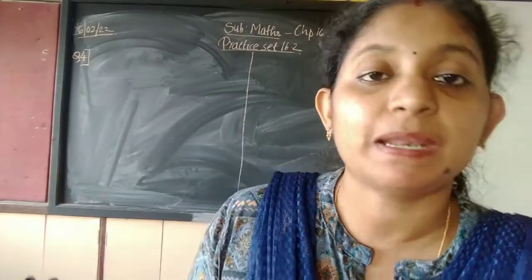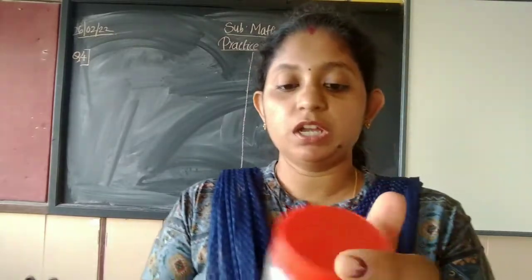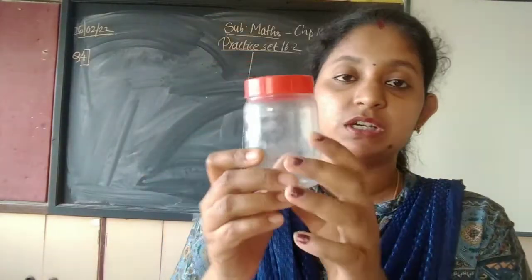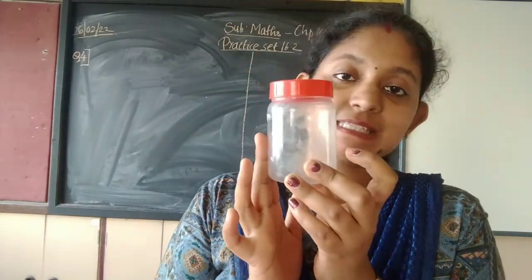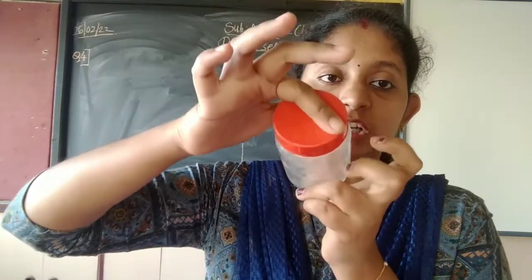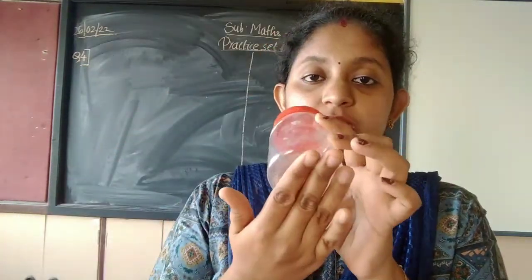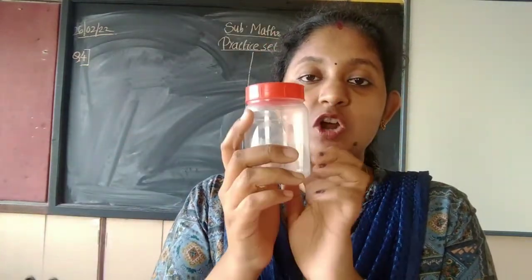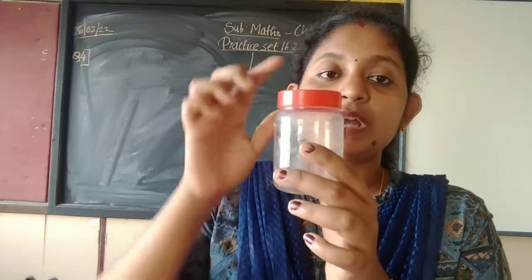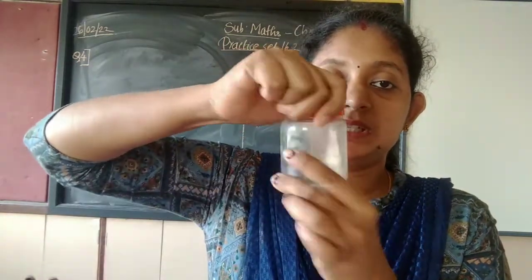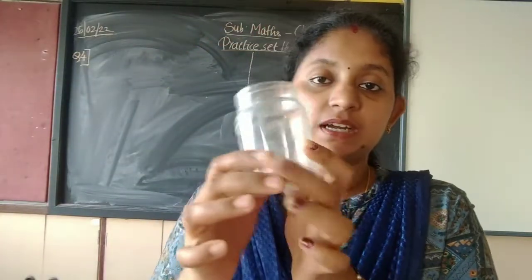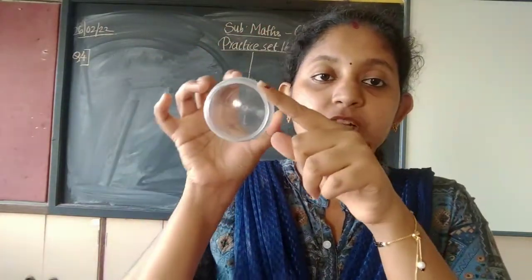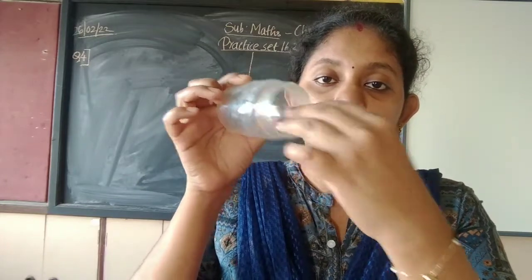Okay. Now how are you going to solve, students? I'll just explain with the model over here. So this is a small cylindrical container. Now which shape is it? Cylinder. Yes, you can see a circle over here. Here also it is a circular shape. And what is this called? Curved surface area. Now this red color lid, if we open, we can see this is a container which is open from the top. Here it is hollow, correct?